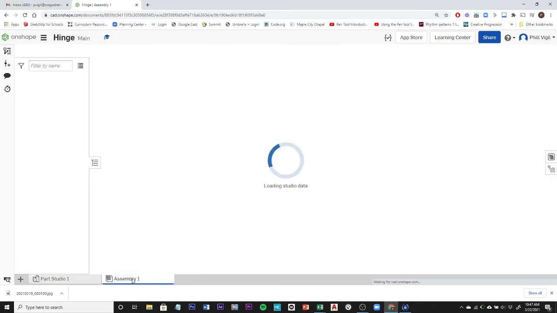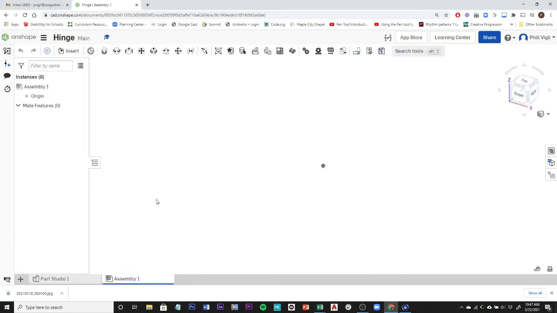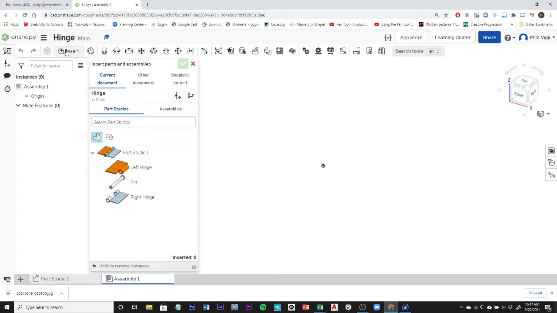So I'm going to go into the assembly workspace. First thing I need to do is insert some parts. So I'm going to click on the insert option. And if you need to, you can expand the list of parts. And the first thing we're going to do is place the left hinge in position. This is going to always stay stationary, so this one is not going to move. So I'm going to click here,